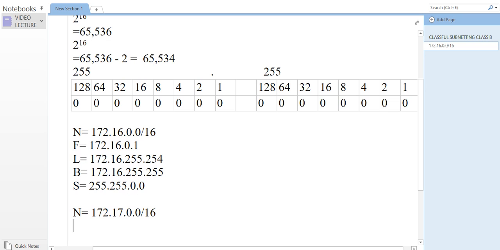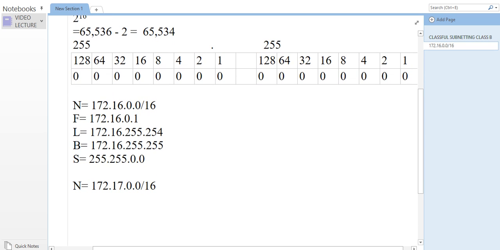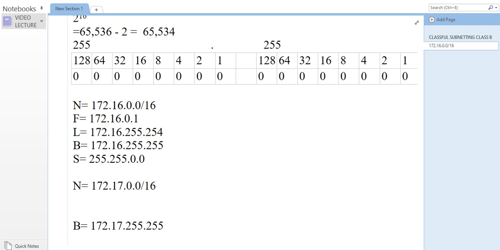So for the first valid IP address here, let's look at the broadcast address first. Your broadcast address would be 172.17.255.255, simply because we have the sum of these bits that are part of the host portion, 255 and 255, on each of these octets, so it gives us exactly that. So the first valid IP address, which I abbreviate as F, you can always get that. So 172.17.0.1, and the last